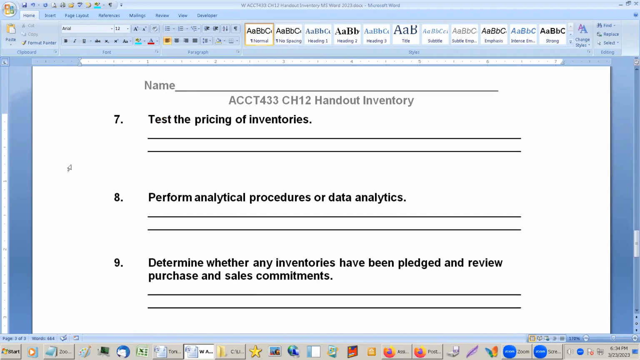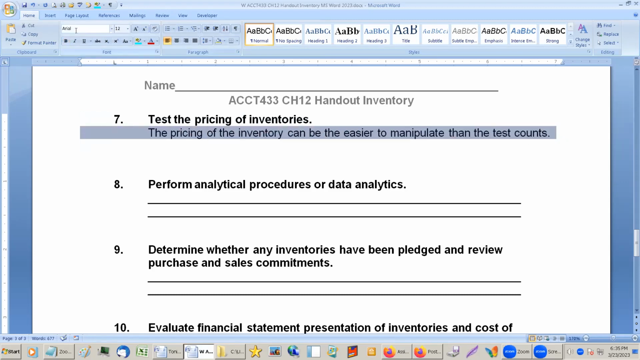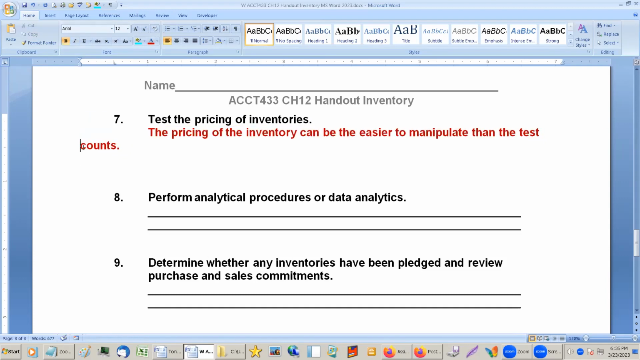Now, testing the pricing of the inventory. Pricing of the inventory can be easier to manipulate than the test counts. If you're going to cook the books with inventory, doing it with the test counts can be difficult